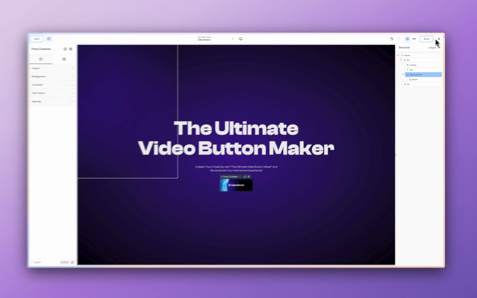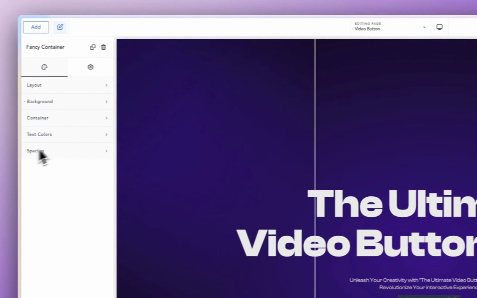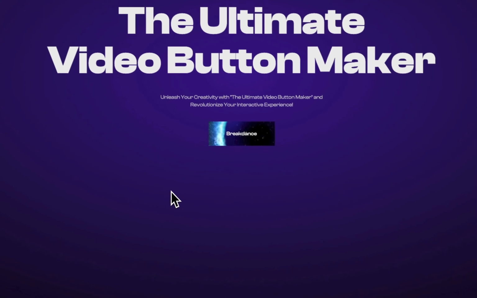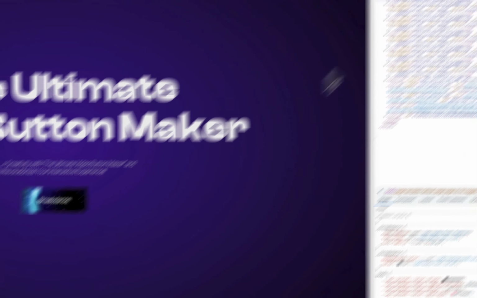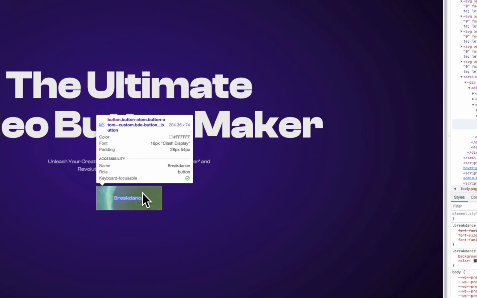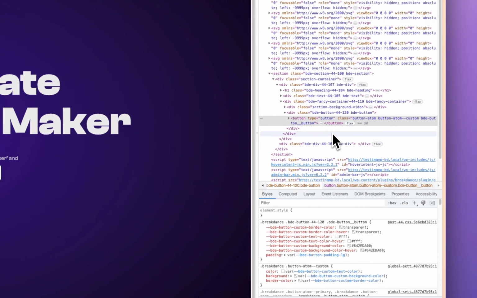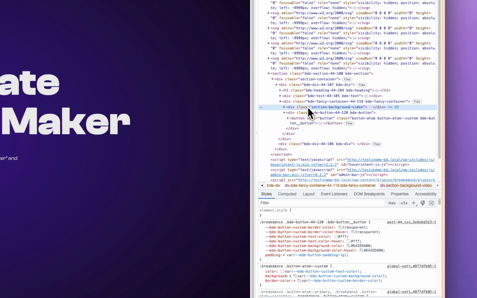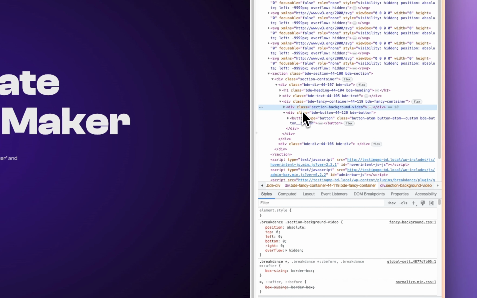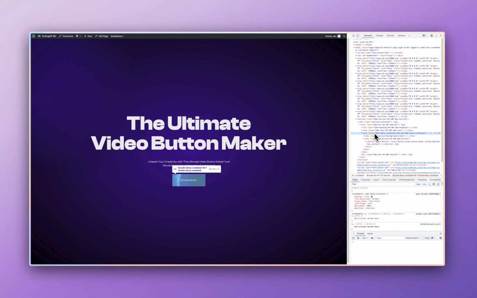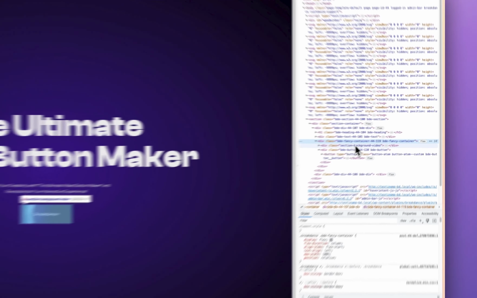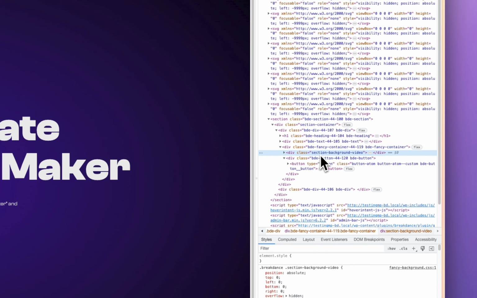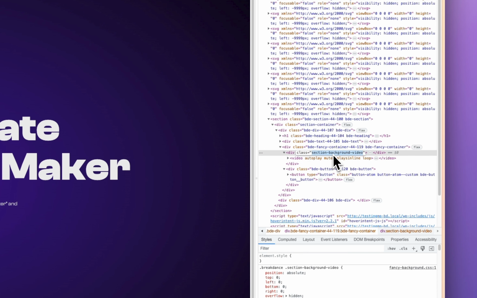So for us to be able to achieve that border radius, I'm going to go back into the back end, and then I'm going to open the developers panel, and then I'm going to try and select. All right, so this is our button. We need a video. Okay, so this is the video, the div that hosts the video, and this is the main div that hosts everything inside. So what you really want to affect over here is this div called the section background video. So I'm just going to select, right, and then I'm going to copy it,